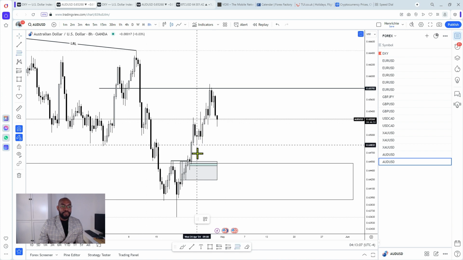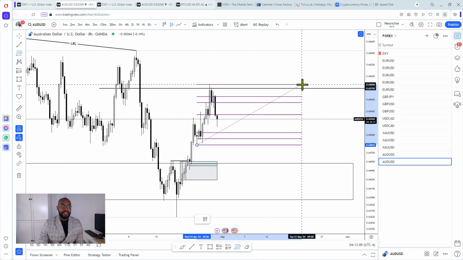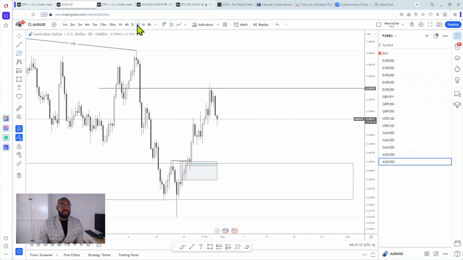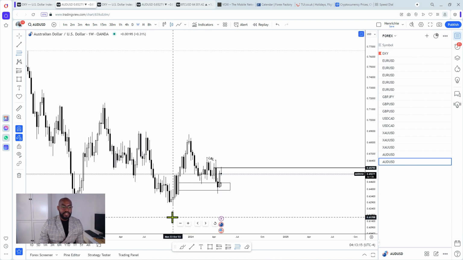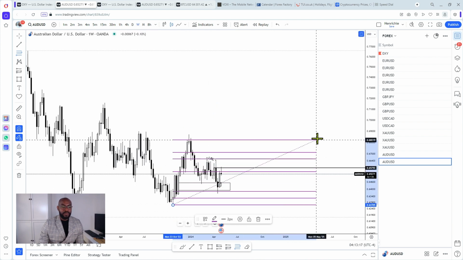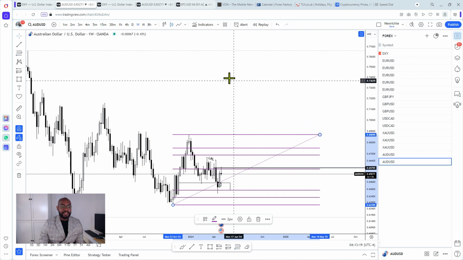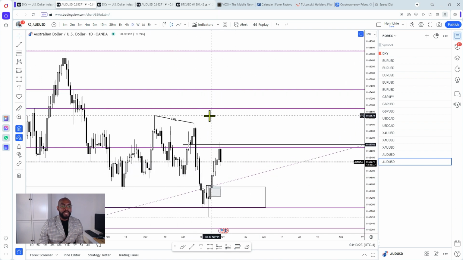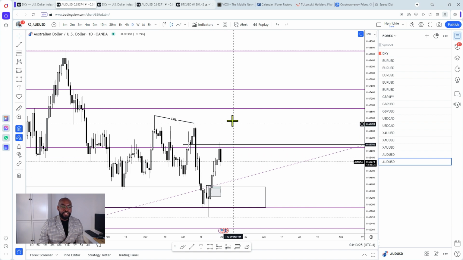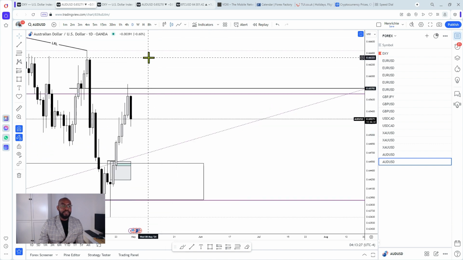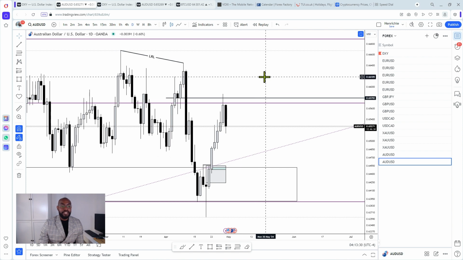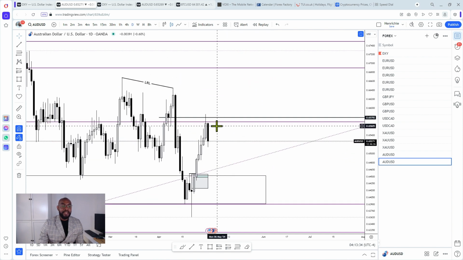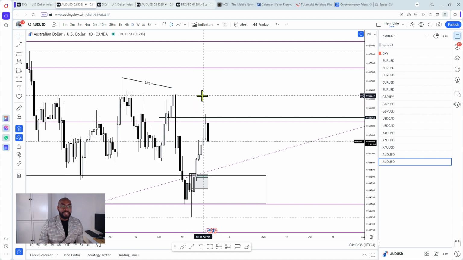If we use the Fibonacci from this low to this high, we're still in discount. We use the weekly, from the weekly low right here to the weekly high. If we're buying, we want to buy at a discount. You can also see that price tapped the premium level, and then we saw that rejection after mitigating the premium level. So I still remain bullish on AUD US dollar,